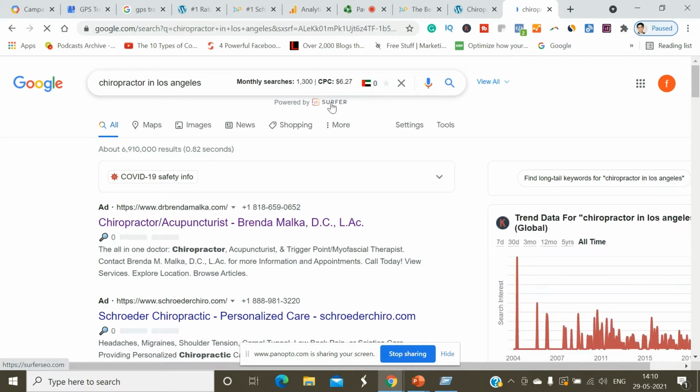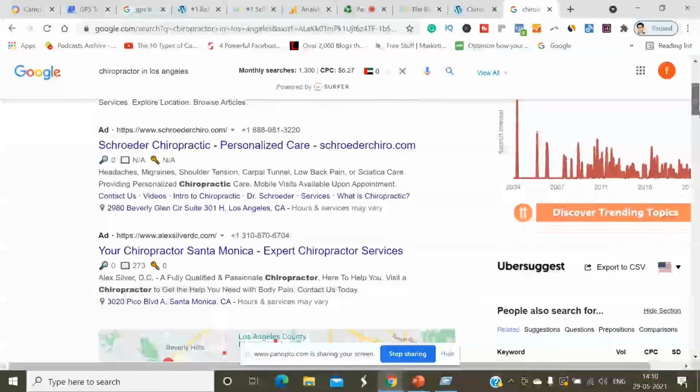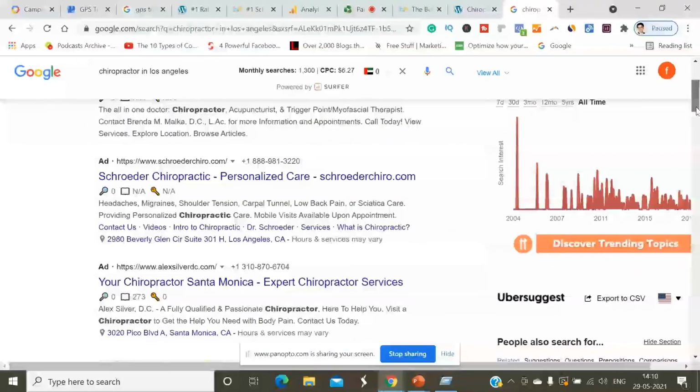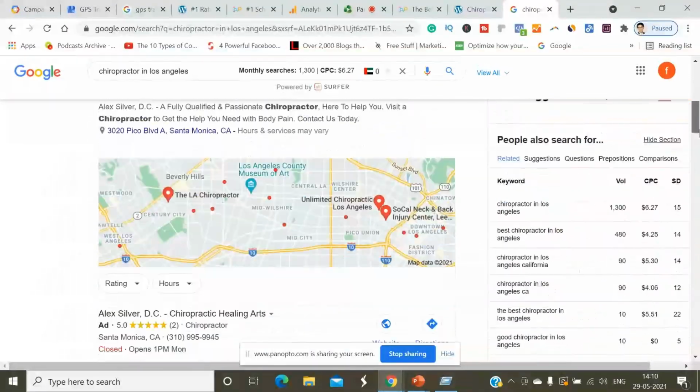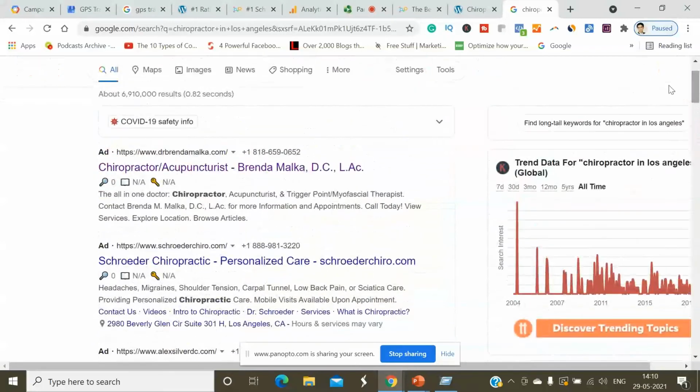This is Keyword Surfer; you have to set this up. Then Neil Patel Ubersuggest, which is a Google Chrome extension. You have to set up SimilarWeb and In-Page Analytics. All these extensions you have to set up.